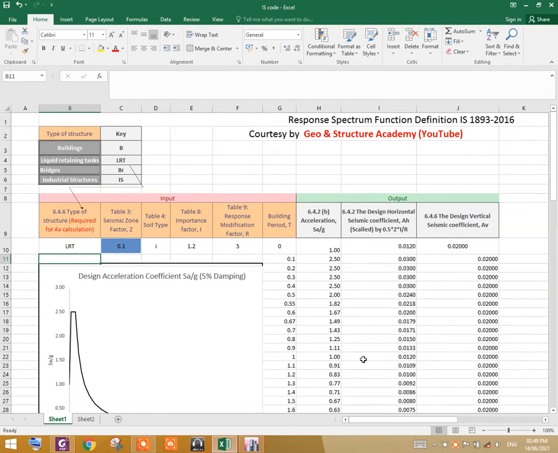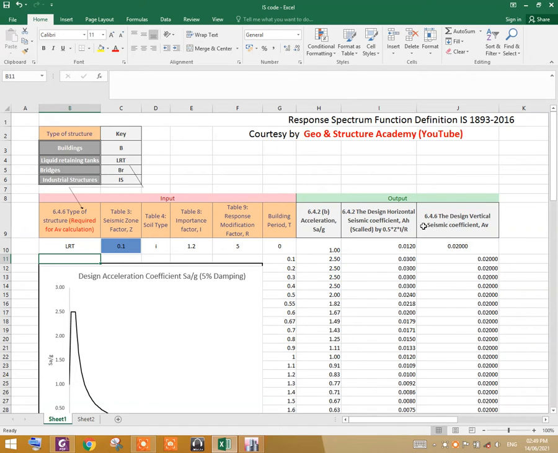This is defined under section 6.4.6 in IS 1893 2016 code. Here I have written the section number according to the IS code.